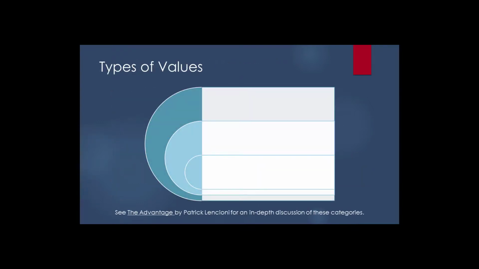Credit for this breakdown, which I'm modifying slightly, goes to Pat Lencioni and his book, The Advantage. Values come in 3 flavors, if you will. The first category is permission to play and includes values like integrity, safety, and financial responsibility. These values and the behaviors they call for are needed and expected of everyone in every business and are no more core for you than they are for anyone else.